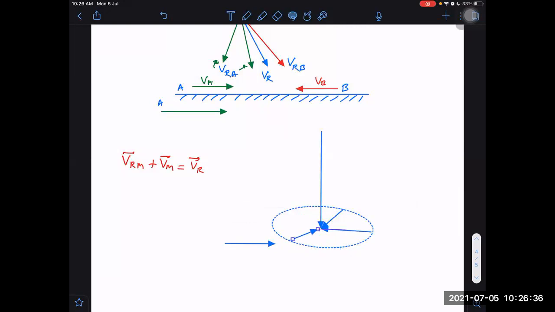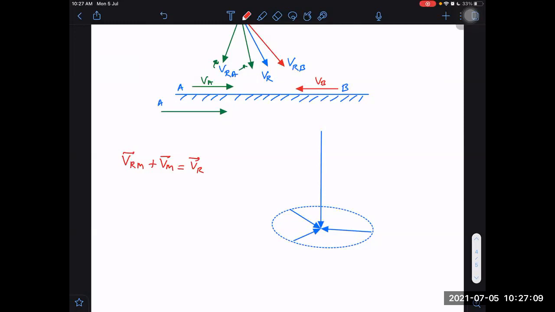Maybe this way I am connecting, removing one vector because already there are so many vectors here. And as I told you before, although this is the same man, he is walking in different directions on a horizontal ground. But what should I do? I should treat this man like three different men, A, B, C. Man A, man B, man C.